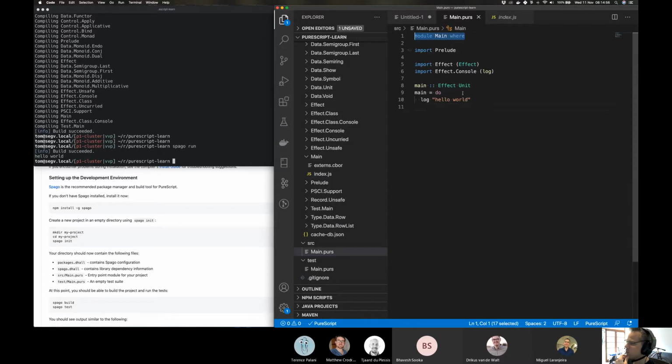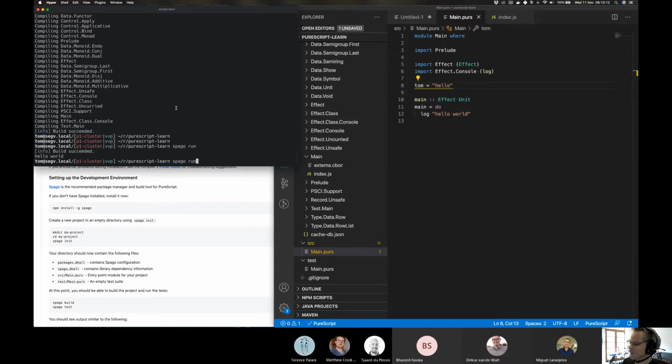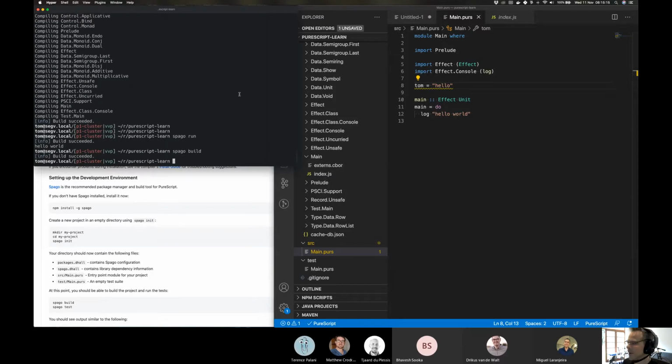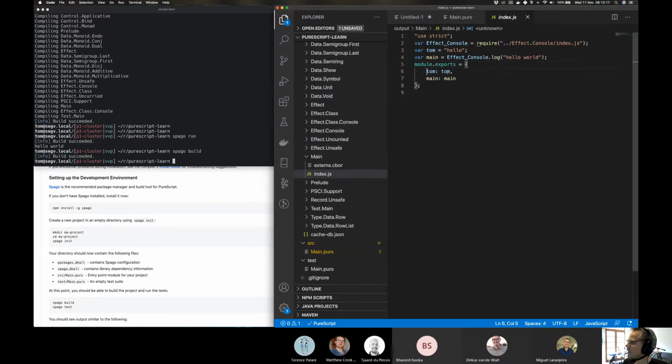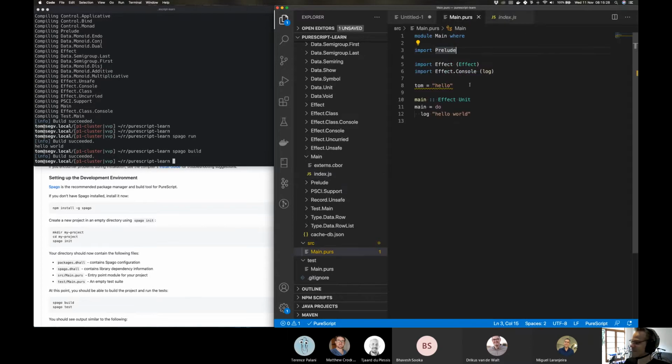Okay, because we've got a module main, I assume, and we're defining something called main that gets exported by main. So that means if we create a new thing like tom equals hello, I haven't declared the type, but that's fine. It can figure it out, right? And we build that. Let's just see if that gets exported. Yeah, it does. So tom equals hello, and it gets exported. Okay, so from a JavaScript perspective, does that make sense? Makes sense to me. Everything you define is exported and available.